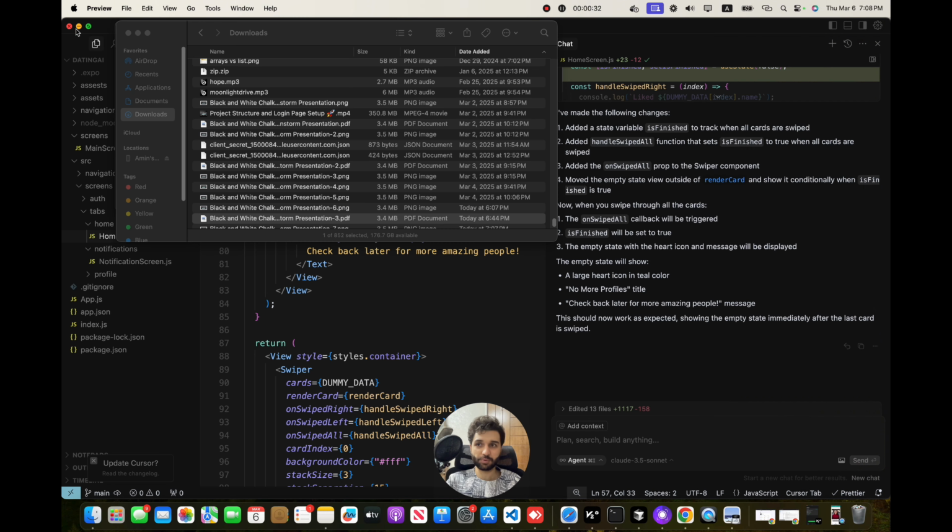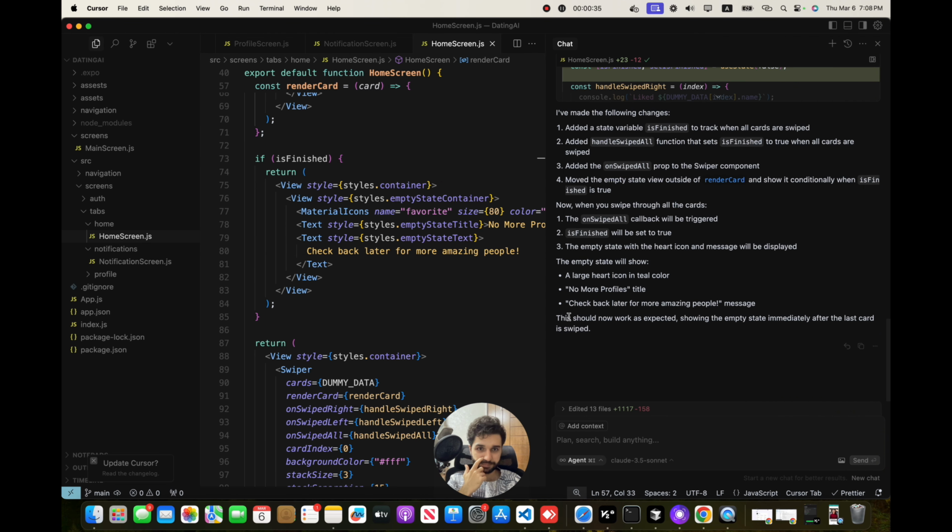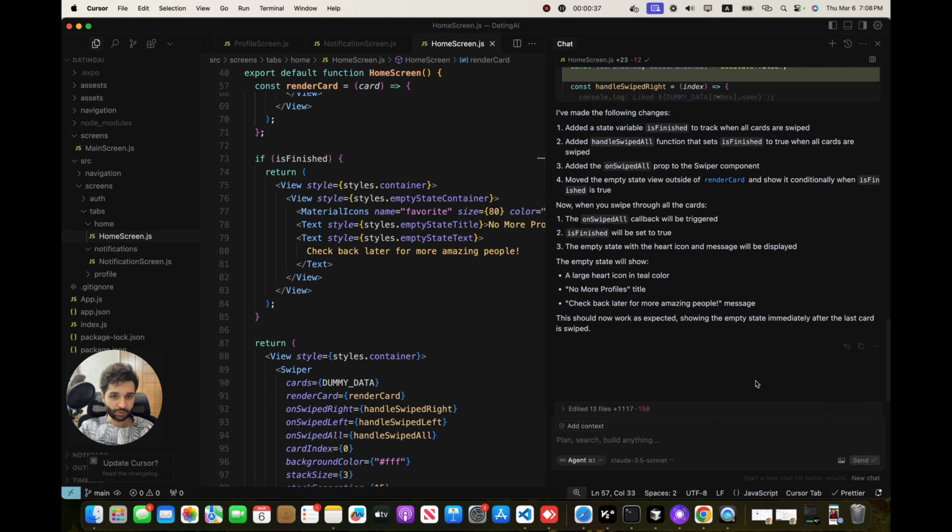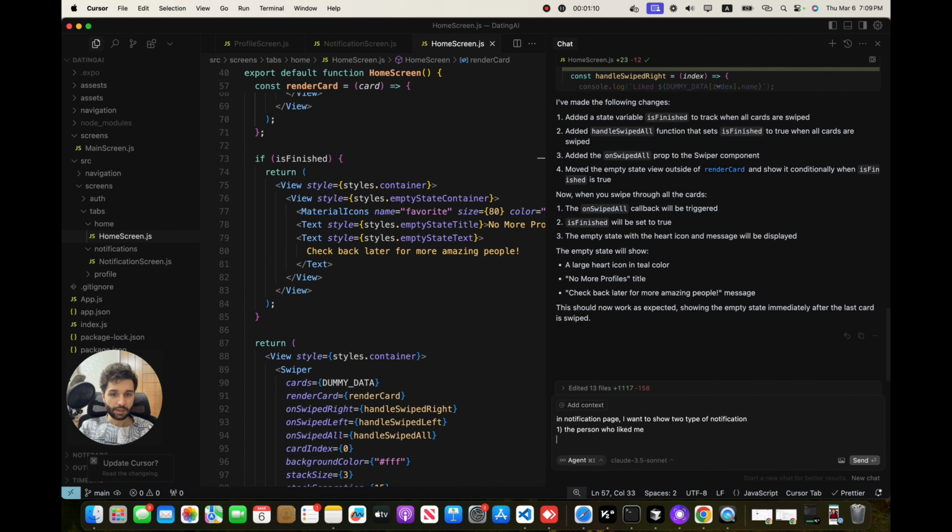Let's go and provide the prompt for Cursor to see how it will provide the UI for us. So in the notification page, I want to show two types of notification. One, the person who liked me, and the second one,